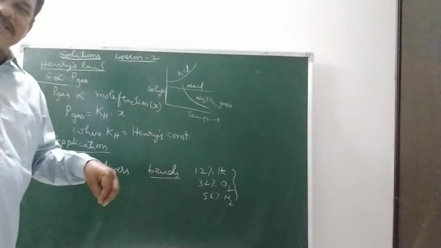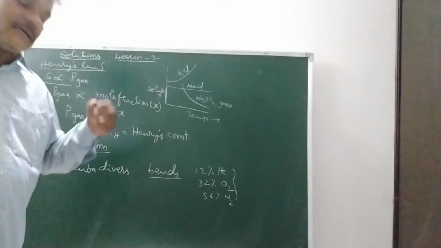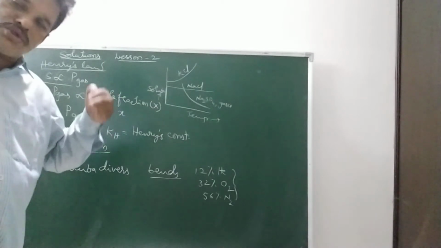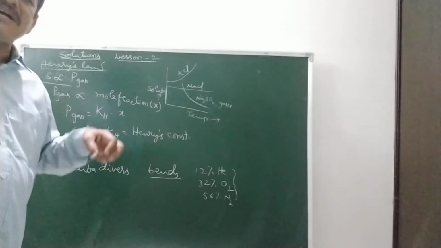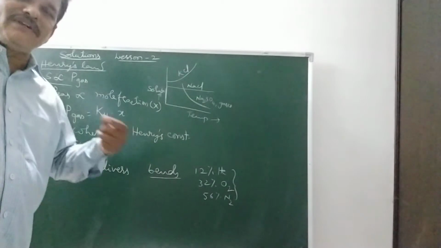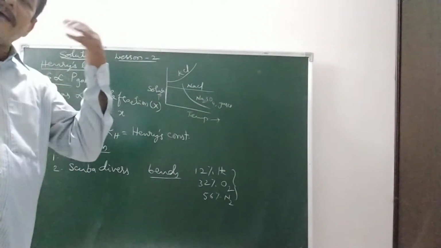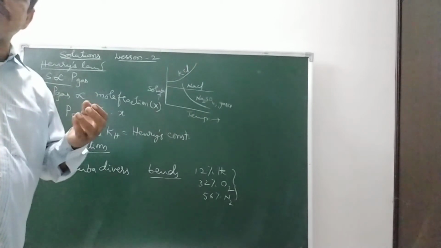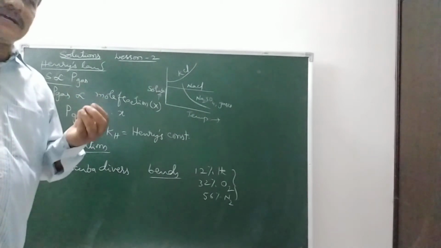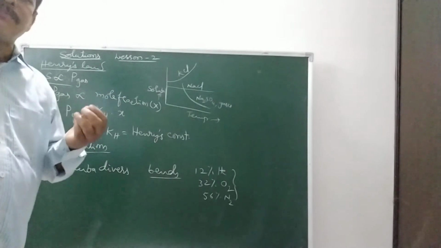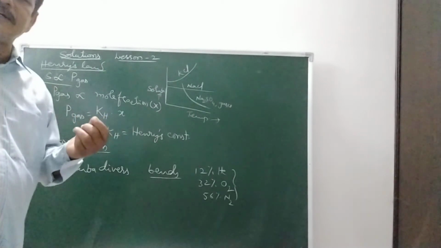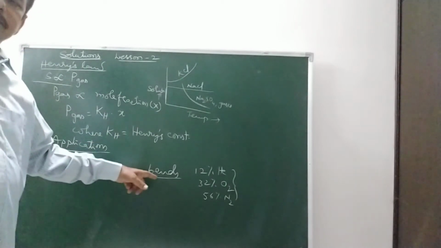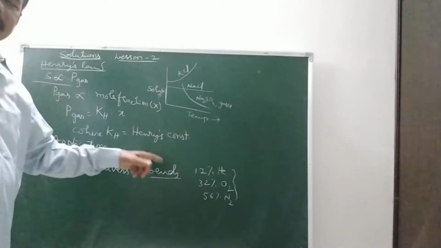When the scuba diver enters the sea or goes to the depth of the sea, what happens? Pressure increases and more nitrogen will be dissolved. And when he comes back to the surface, what happens? The dissolved nitrogen again converts into nitrogen gas and comes out in the form of bubbles which block the capillaries and restrict the flow of blood. That condition is called bends.